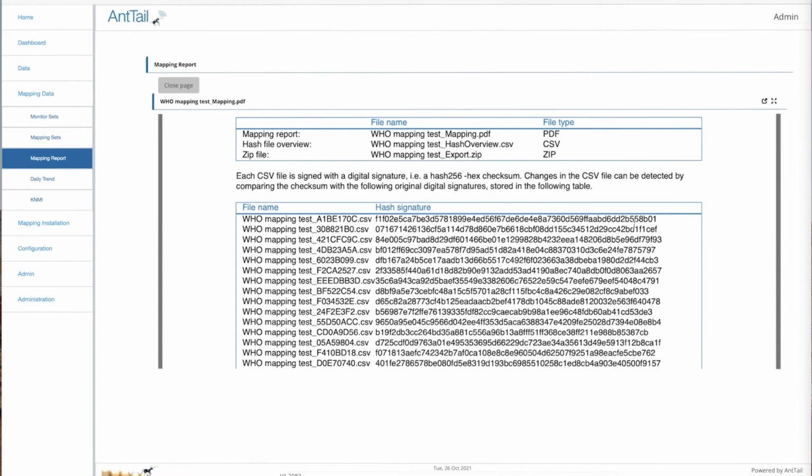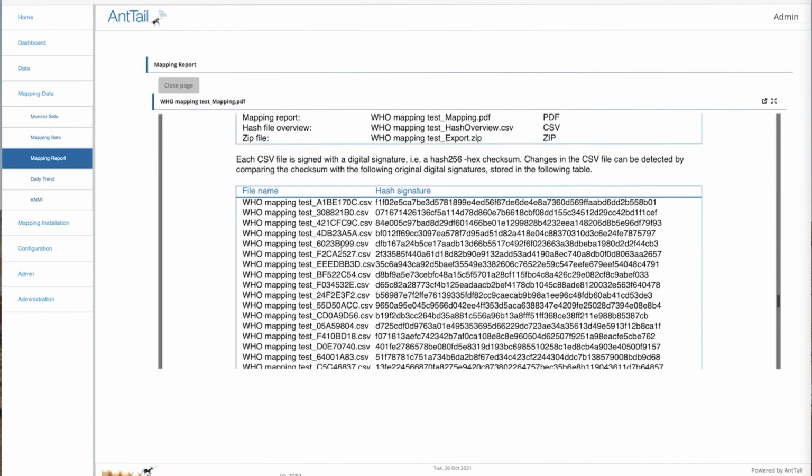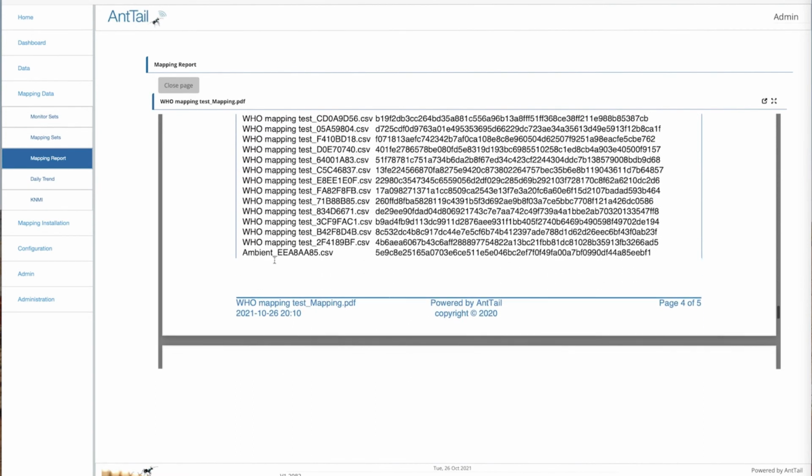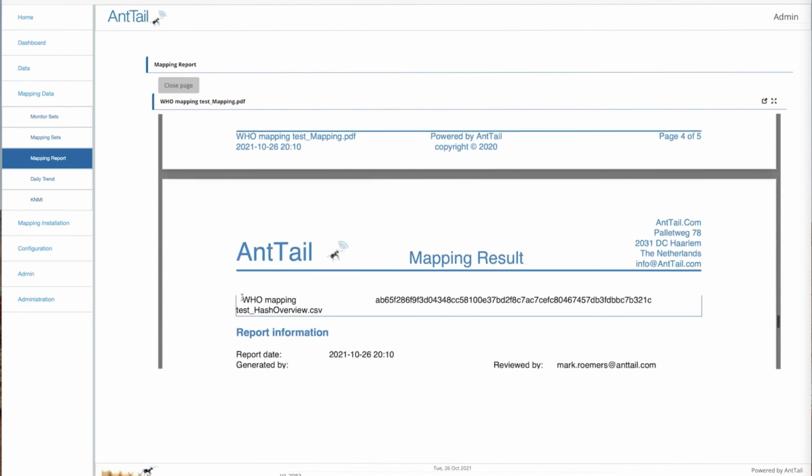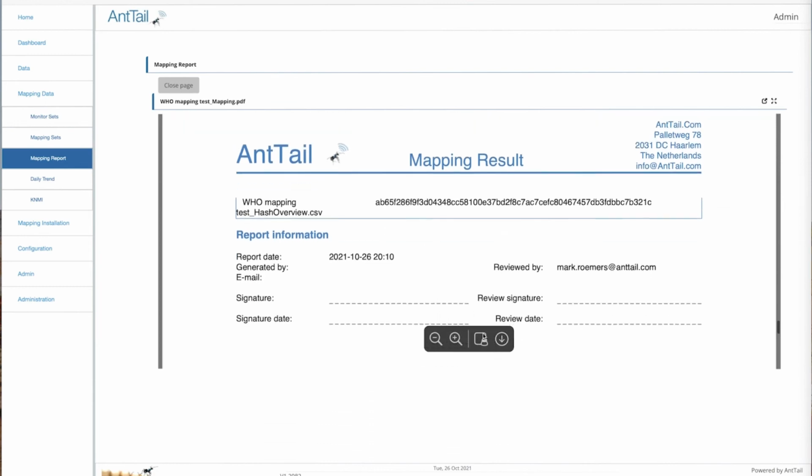Every mapping test has its own hash file, as well as the ambient, all contained in CSV, but beyond that, there is a master file name which is hashed that these all fit within. So being able to actually manipulate this is virtually impossible,